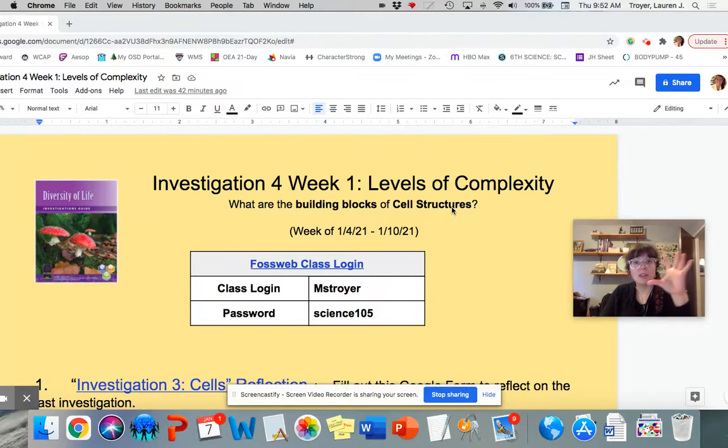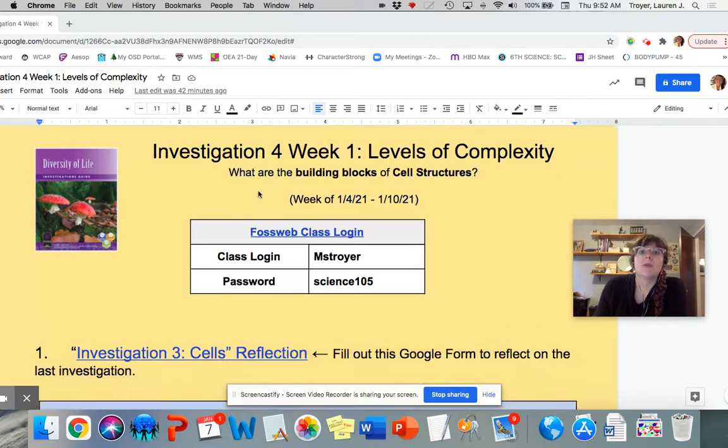We talked about different cells in our last investigation. We did plant cells, animal cells, paramecium cells, and then we did that Cell City project or cell analogies where you all made an analogy. The cell is like a blank, and those turned out so amazing. So we know all about the cell structures and how they all have different little tiny jobs inside the cell. But now we're going to talk about what